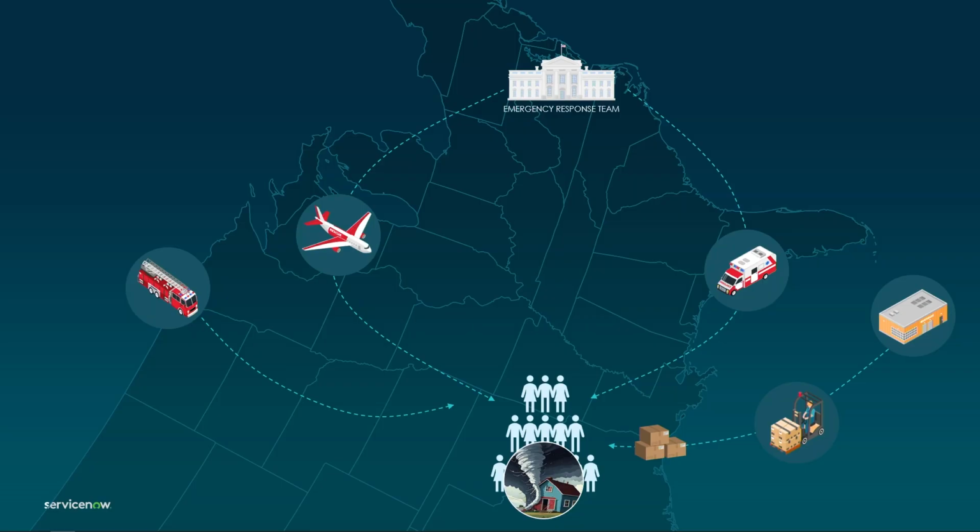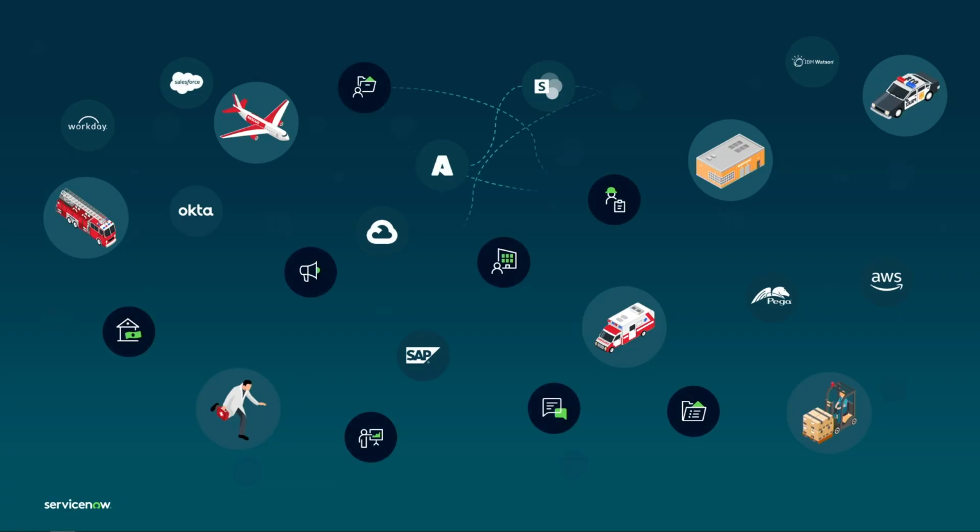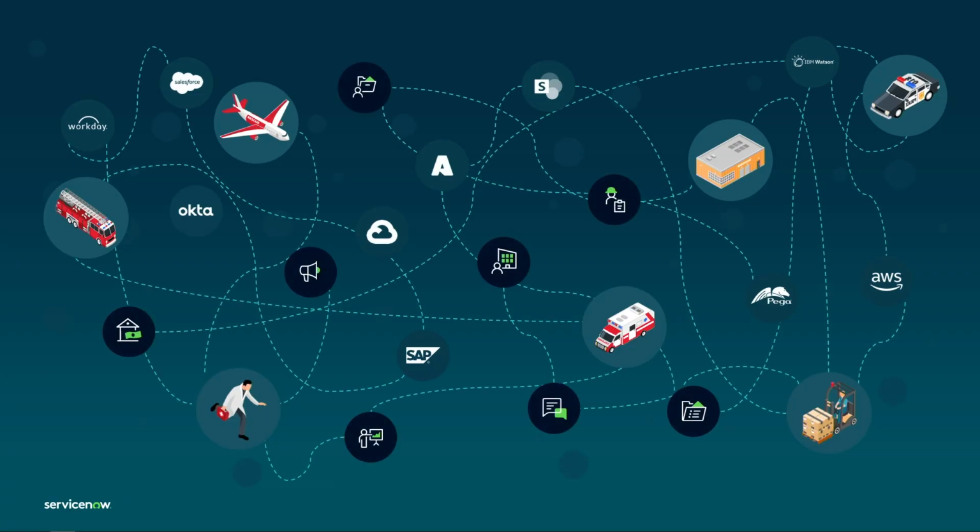Hey, how do I feed and house and staff my people that I'm flying into those areas? And again, what about all of the other people involved with this? Volunteer organizations, the press, folks showing up volunteering to help, the Red Cross, whatever else it might be. There's lots of moving parts that are part of this large problem. And so when you look at that, and again, this is just an example, but you can picture any complex use case in your environment, and it probably looks like this, right? I've got all these decisions that I need to make, and the data that I need to make those decisions lives in all sorts of different systems across my enterprise.